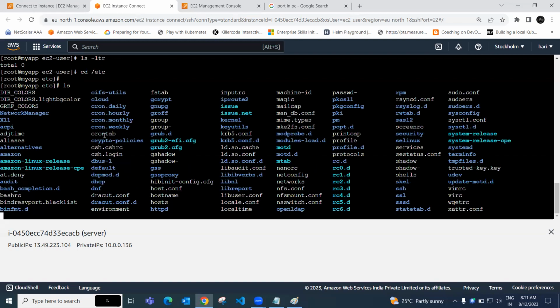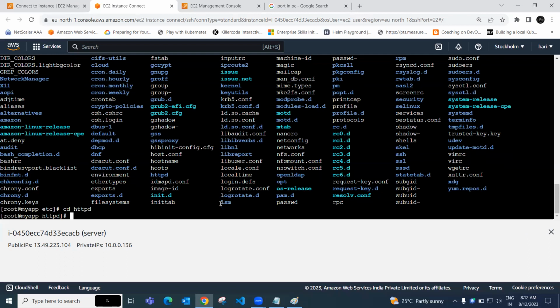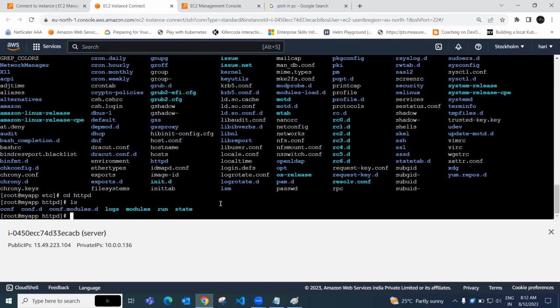Using ls to see the things here, we can see what is here. And you see the HTTPD. We installed the thing, right? Just cd httpd, ls. And these are the